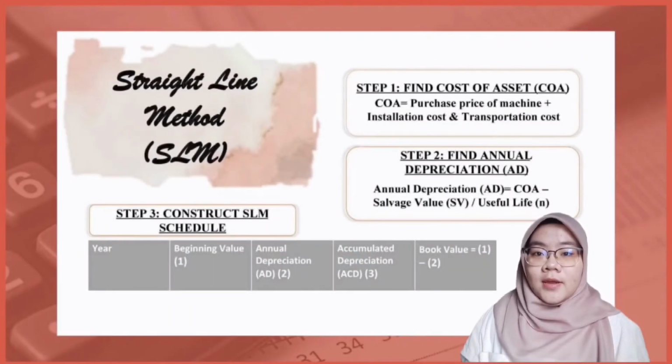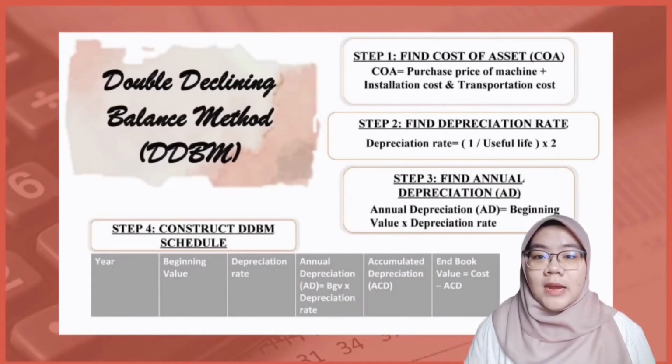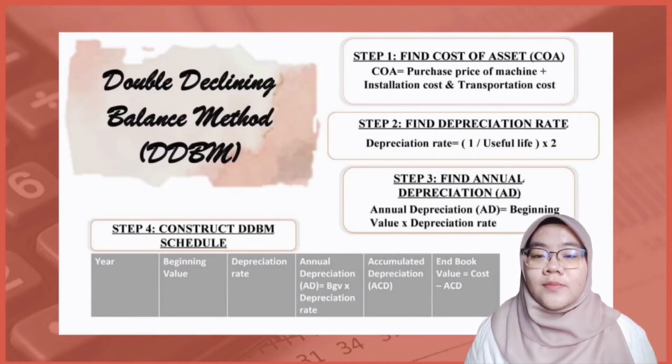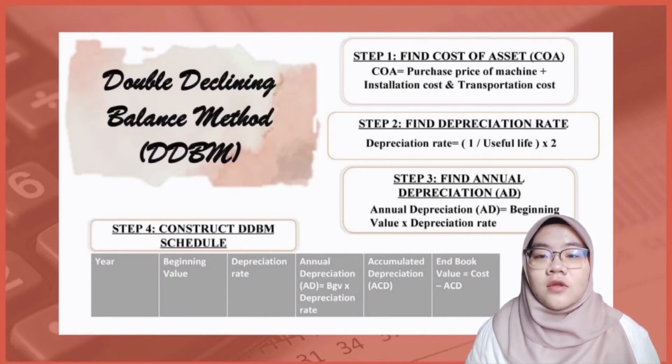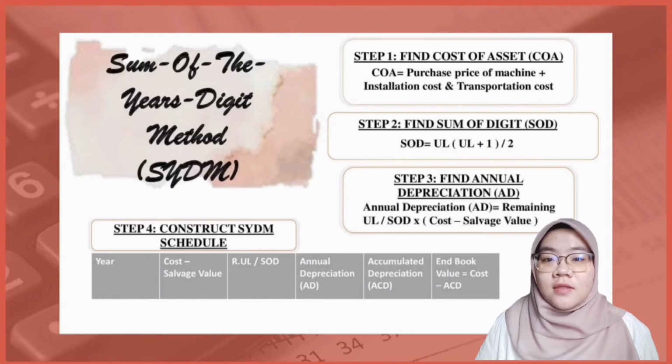In the straight line method, we have the same annual amount of depreciation or AD throughout the useful life of the machine. Secondly, in the double declining balance method, the rate applied is twice the straight line rate for the depreciable asset. Adjustment is needed if the asset is not fully depreciated under this method. Lastly, in the sum of the year digit method, annual depreciation is greater in the early years than the later years, and the salvage value is deducted from the cost of the asset.